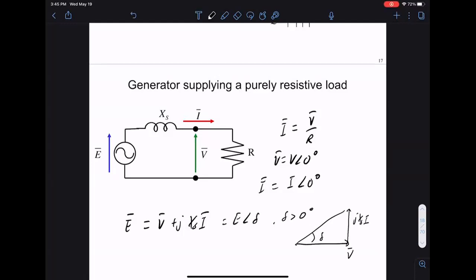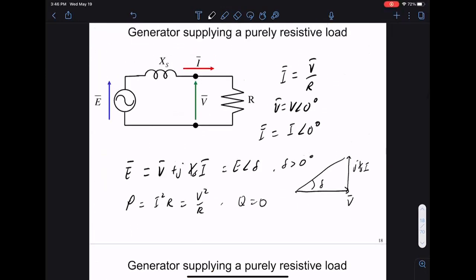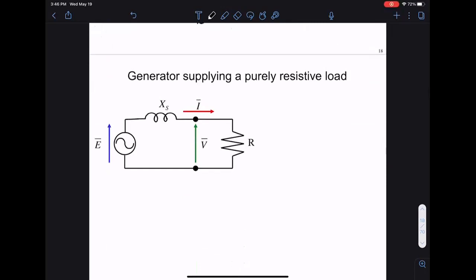So this is just an example showing that your angle for the EMF, for the E voltage, is not 0 when you connect a resistive load. The angle that's 0 is at the terminal. Of course here P is just I squared R, or V squared over R. Q is 0, you don't consume any reactive power. So if you're supplying a purely resistive load,